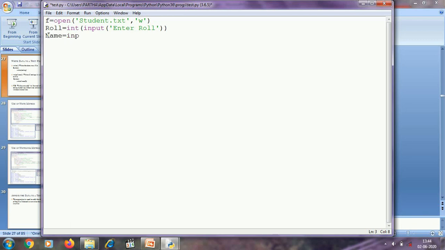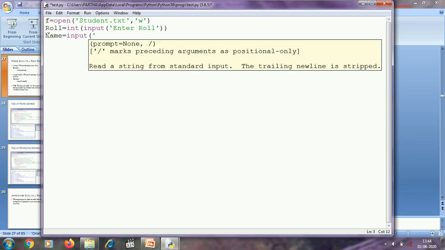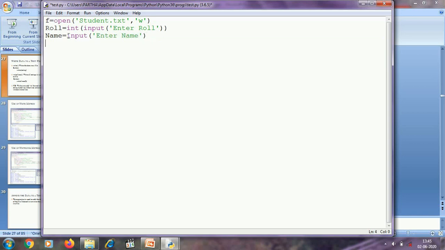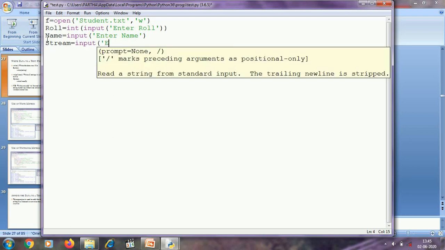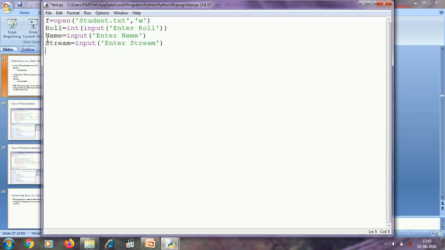Now I am going to get the name of the student using the input function. As the input function returns a string and name is basically a string, I do not require any conversion. Next, stream equal to input, enter stream. Again, the data type of stream will be string and the input function returns a string, so there is no